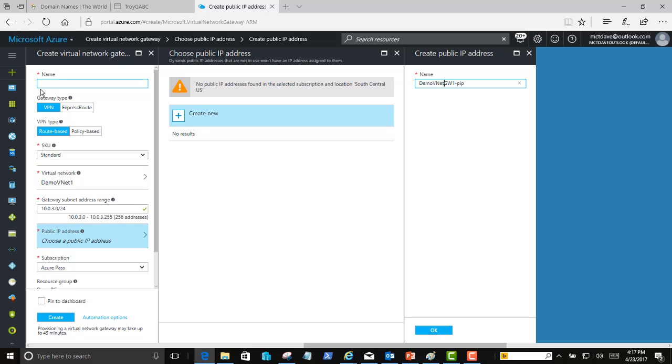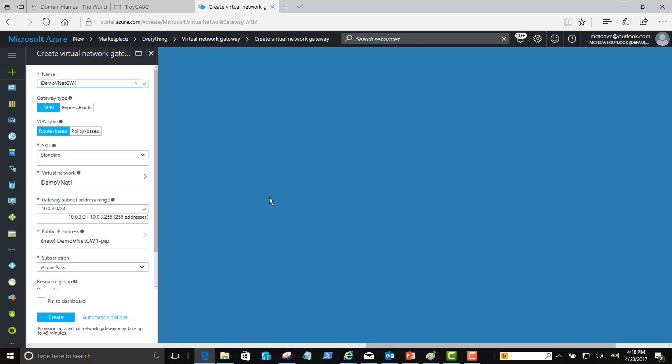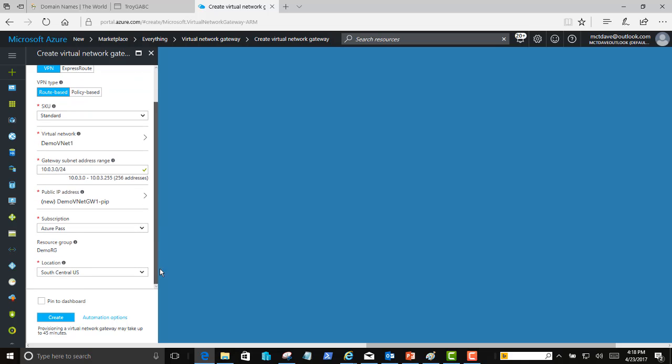Demo VNet GW1. Okay, good. And we're going to create this by saying OK. And now for the entire thing, notice it's in the Azure Pass. The resource group is demo RG. We'll pin this to the dashboard and say create.